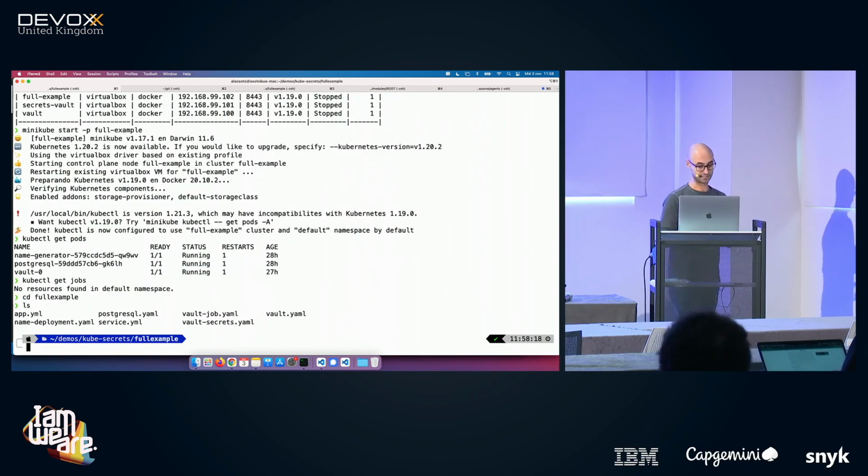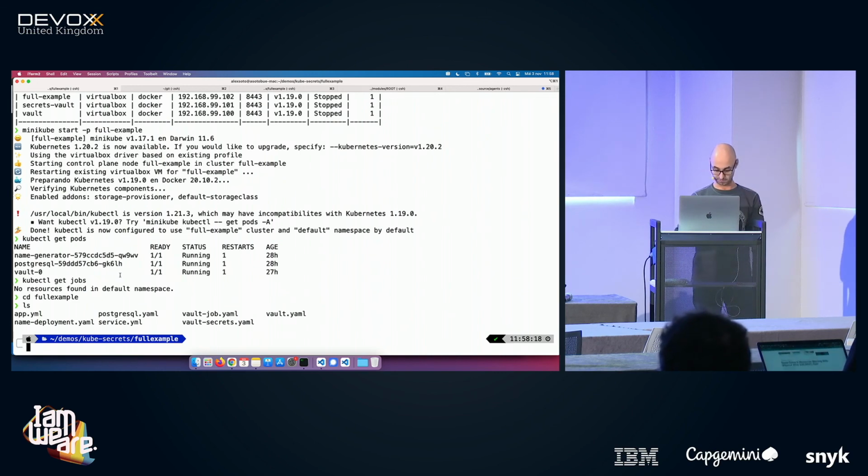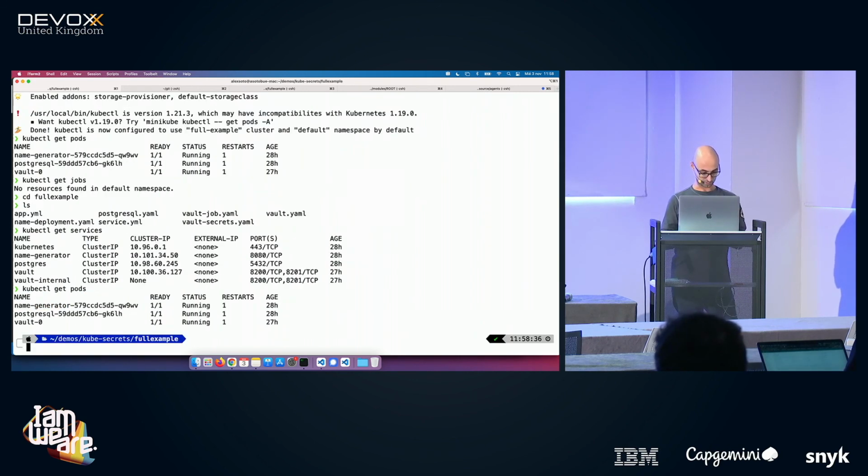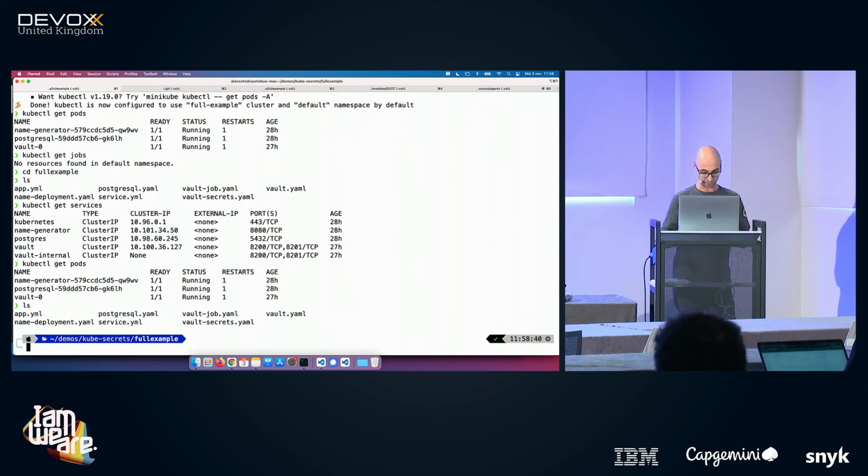Here is the example I've deployed. Let me check get services because I don't remember where I left it. Yeah, so I've got my Vault, my Postgres application, my name generator running. But I need to do some things before. And first of all, I need to